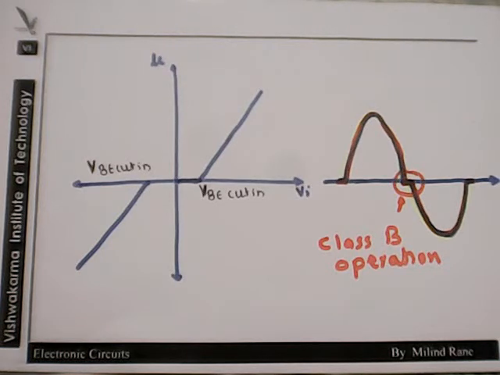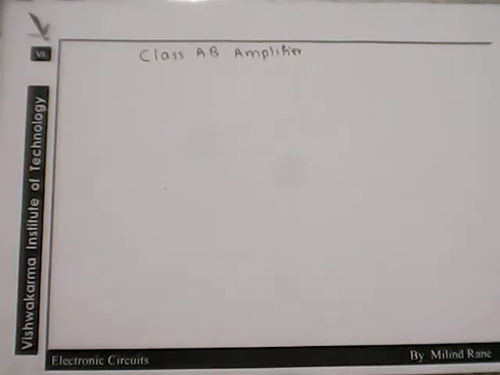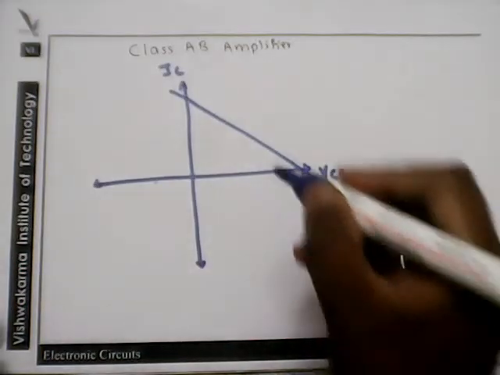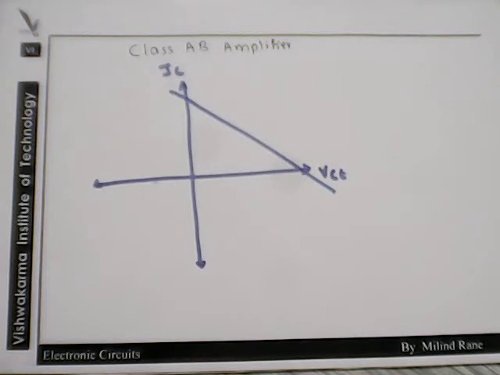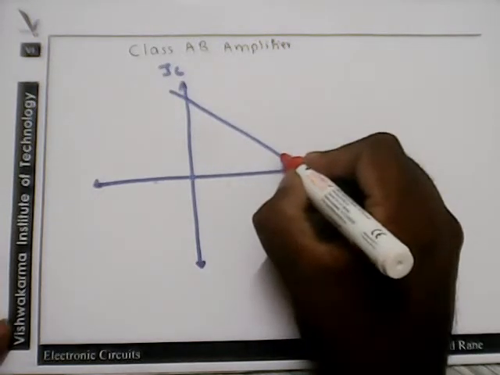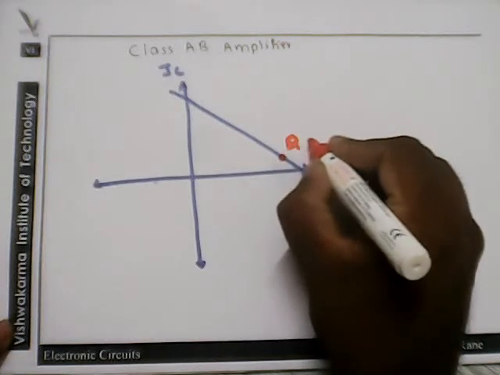We will now see the class AB amplifier, whose characteristics are as shown here in the figure. The operating point is just above the x-axis, and we can represent it like this. This is the Q point